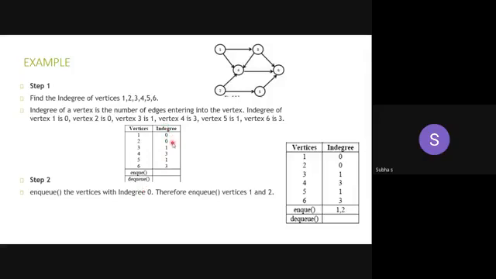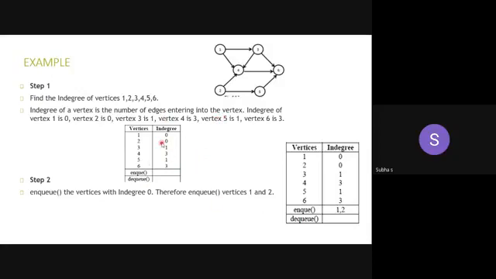You have to NQ the vertices having in degree 0. How many nodes are there? 1 and 2. Draw the graph. I will give time. Draw the graph. I will ask any one of you tomorrow for the answer. Apply topological sorting and come with the solution. I'll give time, draw the graph soon. Tomorrow, 3rd hour, I will ask any one of you randomly. Please be ready with the solution.